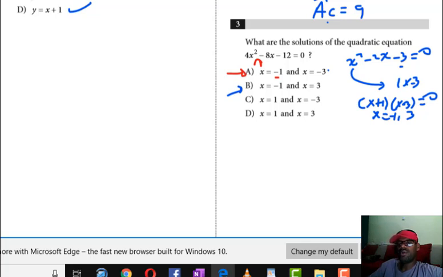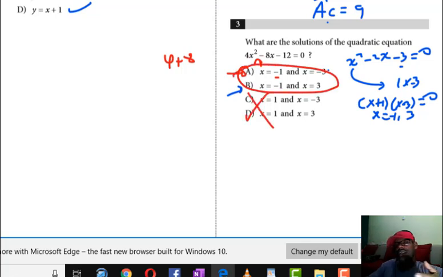Positive ሲሆን 4 times 1 squared 1 ነው minus 8 minus ያደርገውና 12 minus 12 is 0. ስለዚህ ቢያንስ ሁለት ነው ምርጫችሁ፣ ከሁለት አንዱ።